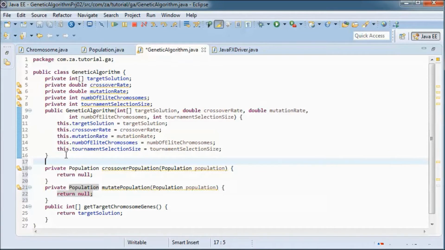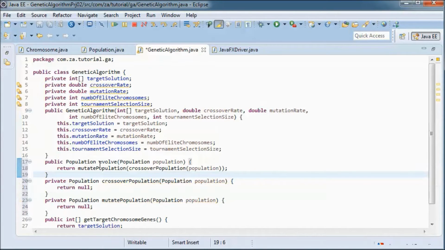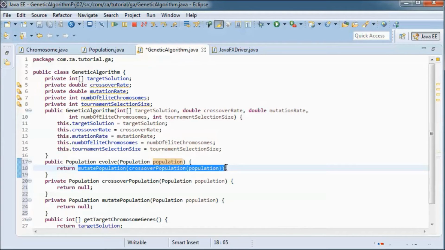And I will have a public evolve method with the current population passed in, and here we will call crossover population, and on the population that's returned from that we will call mutate population, and we will return what's returned from that method.